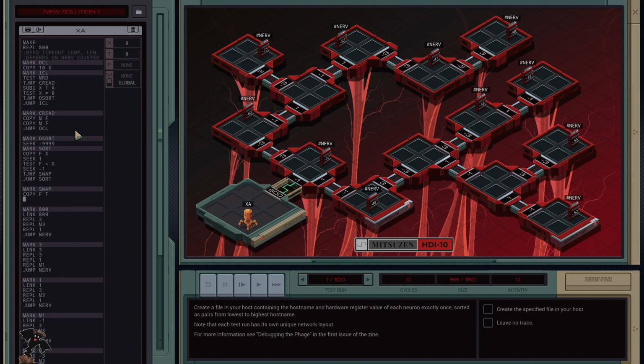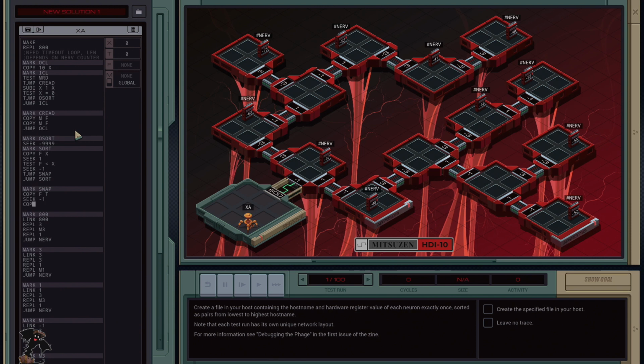Copy F to T. Seek -1 again. Copy X to F. Copy F to X, seek -3, copy T to F, copy F to T, seek -1, copy